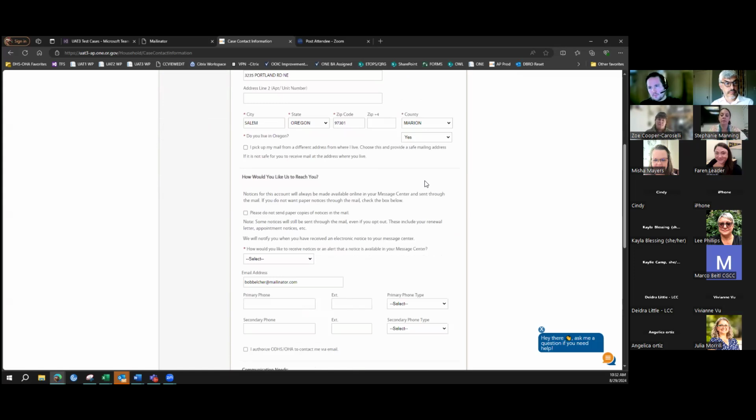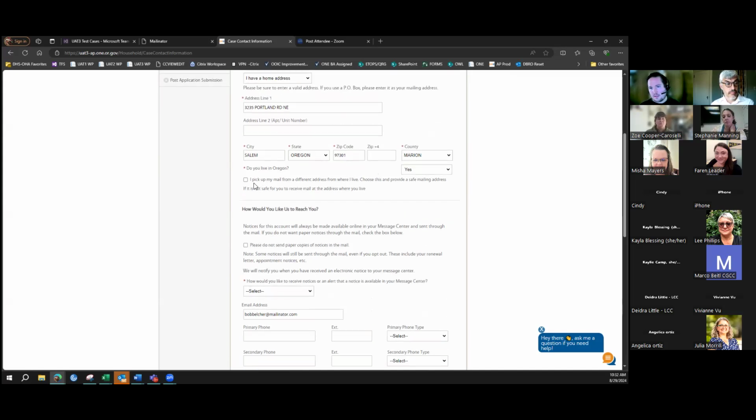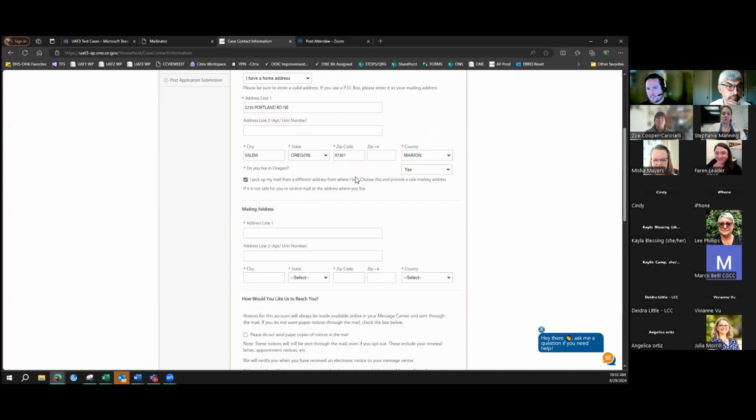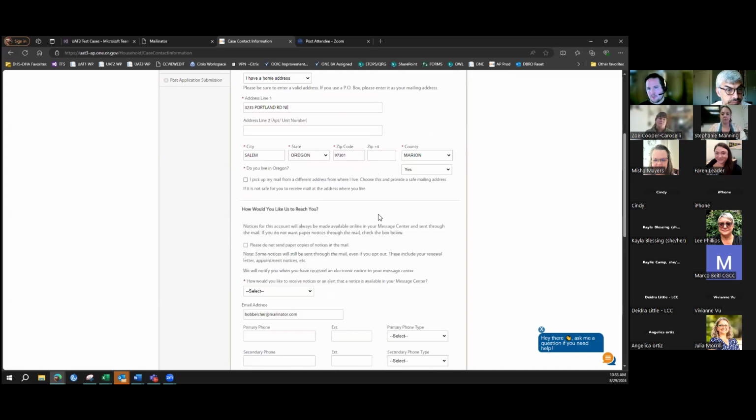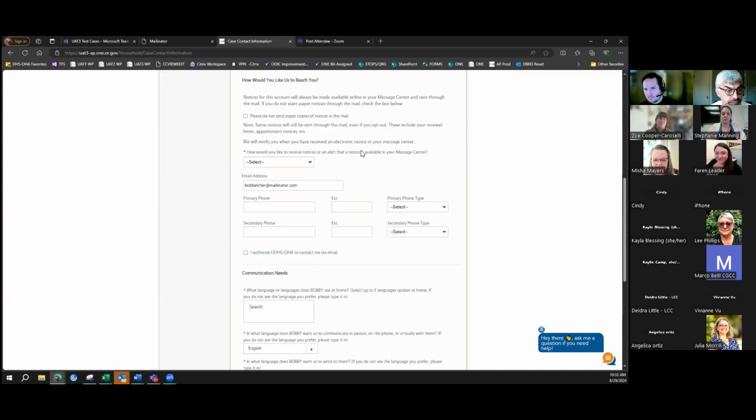So if you're dealing with the houseless population, you may see sometimes that they have certain mail addresses that they use to receive their mail at. That's perfectly fine to use instead of a permanent address. If needed and someone has a separate mailing address, like a PO box or something like that, that they are receiving separately from their physical address, you can click, I pick up my mail from a different address, and that'll give an opportunity to enter that separate mailing address here. We're going to say Bobby and Jean receive mail at their physical address. And then we ask them how they would like us to reach them.